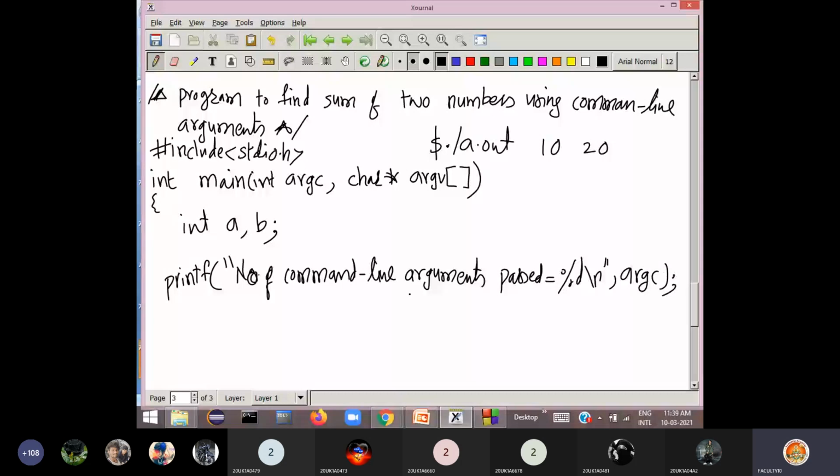Then it prints: number of command line arguments passed is equal to 3.